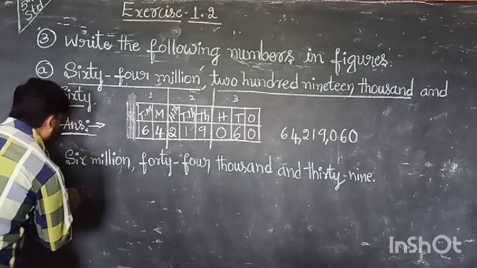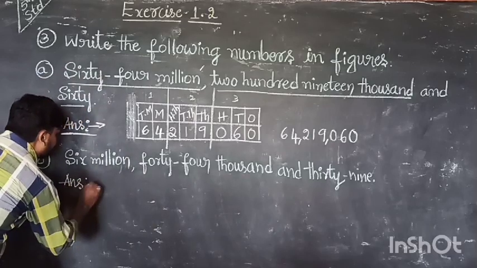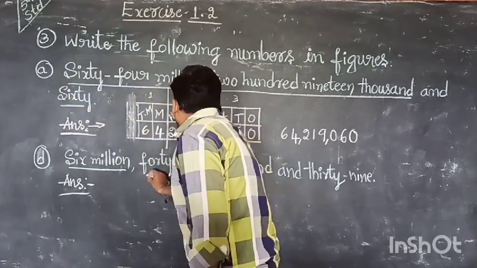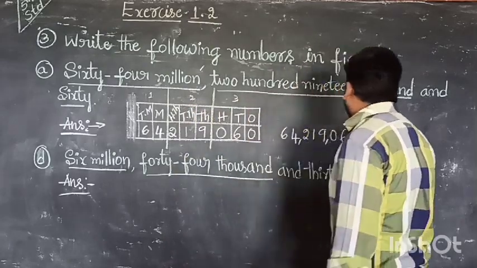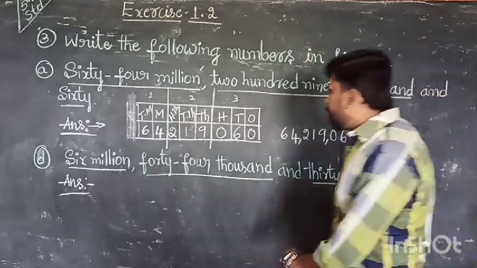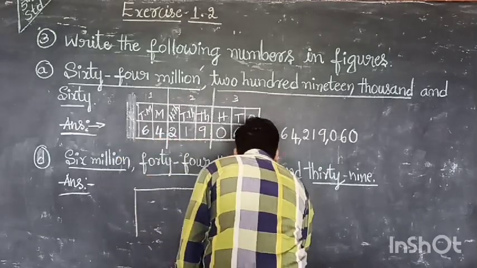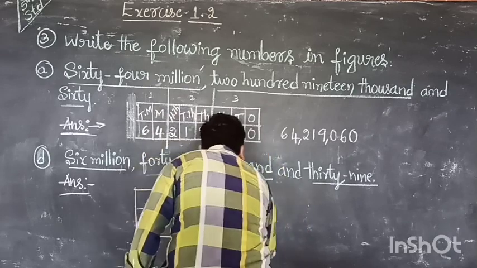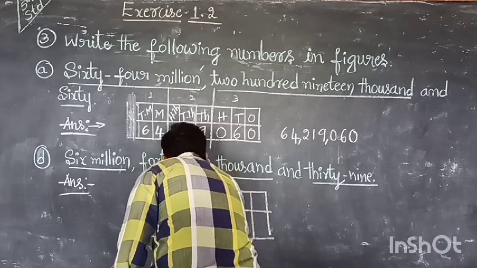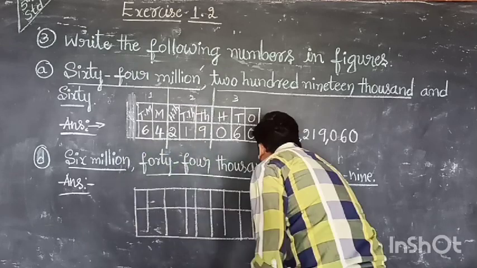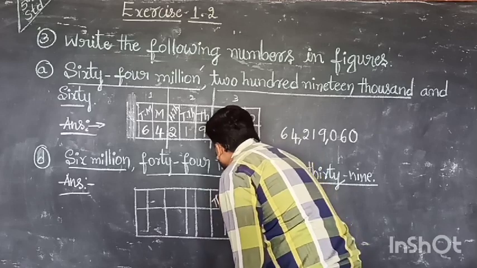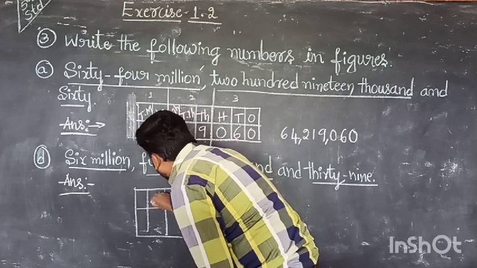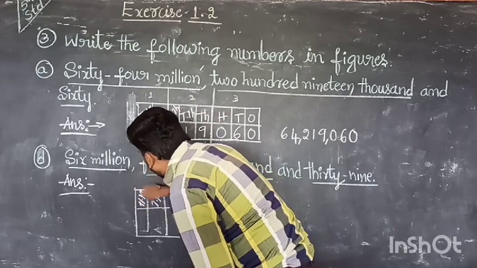Like that you complete B and C, and we come to D. Same groups. Again here also 6 million. One group. 44,000. Second group. 39. Third group. The third group we can make the same. Afterwards, how many boxes it comes, you can decide that. Okay? 1, 2, 3. 1, 2, 1, 2, 1, 2. Clear? Ones, 10, 100, 1,000, 10,000, 100,000, million, 10 million, and 100 million.